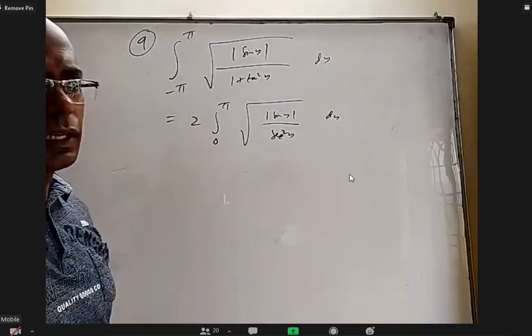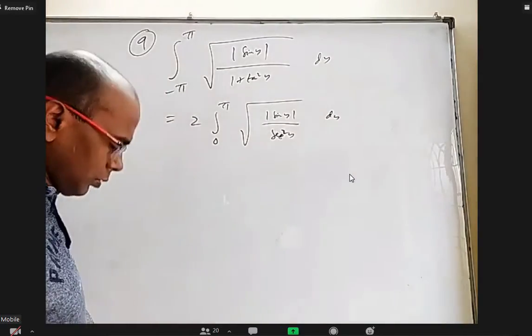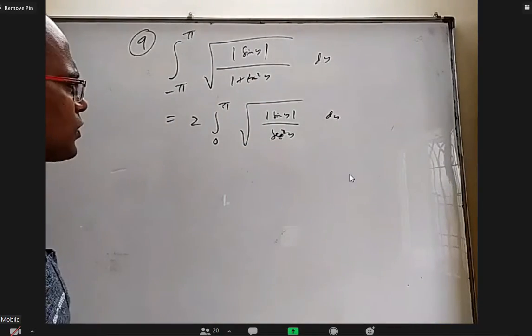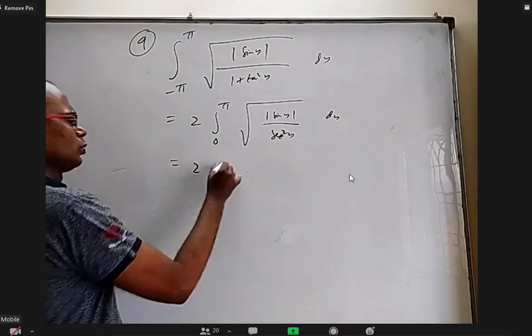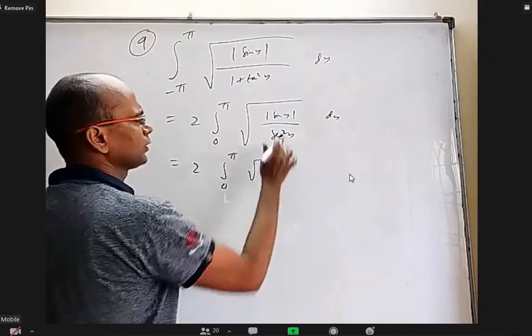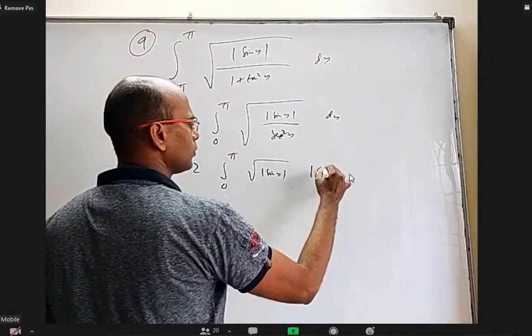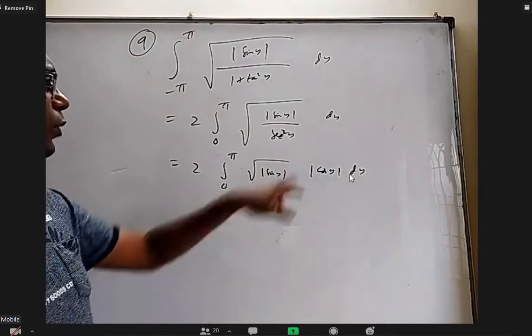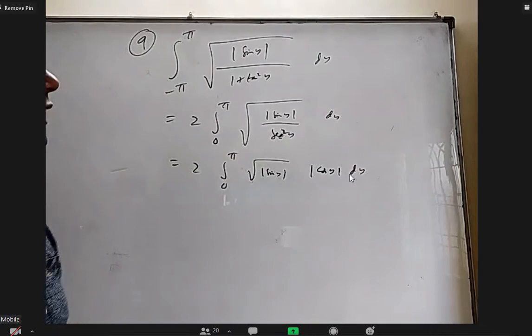Normally for secant, I may need secant and tan both. Secant I can take up as cos first of all. 2 integral 0 to pi square root of mod sin y. The secant square y will become mod cos y dy. Very important that we have mod, 0 to pi, secant can be negative also.